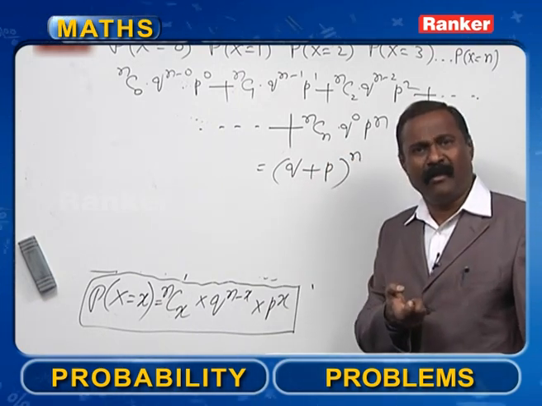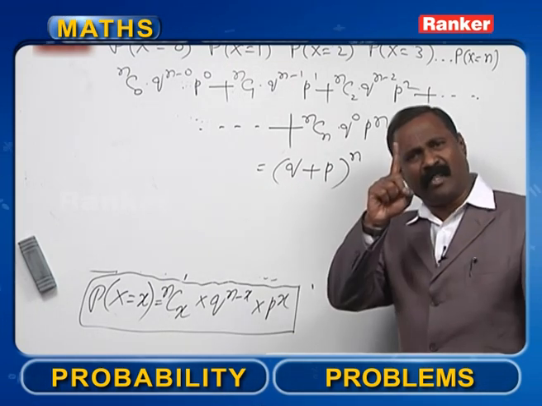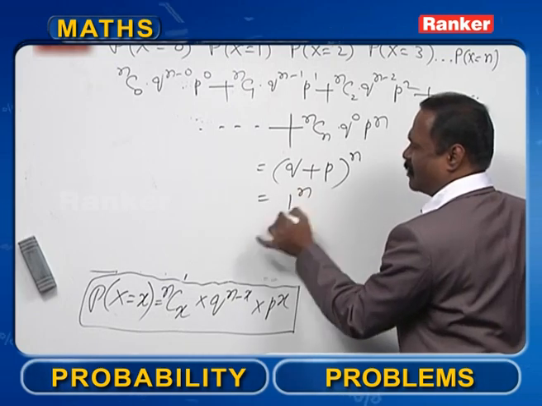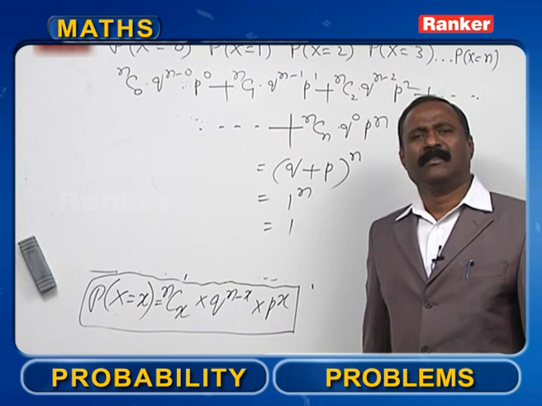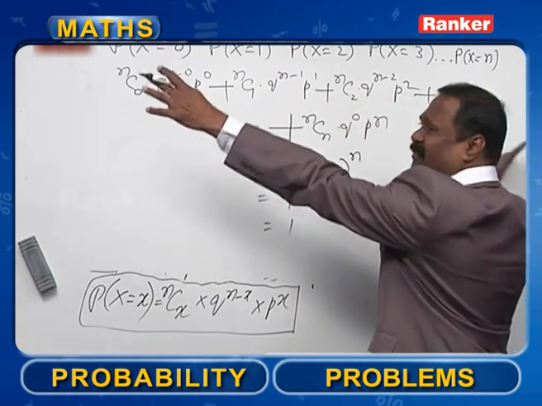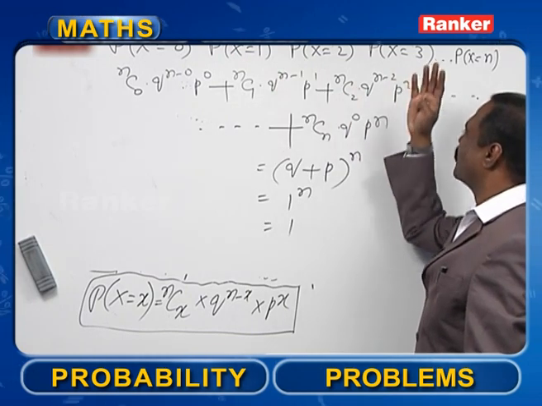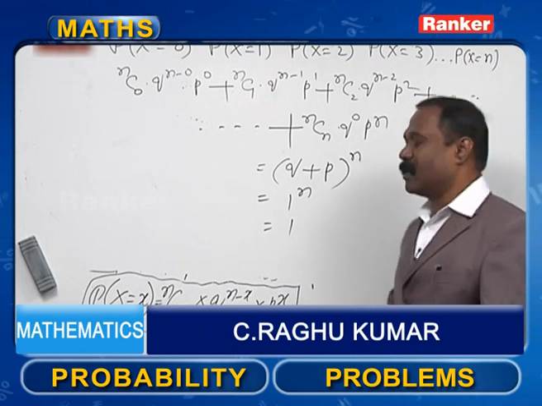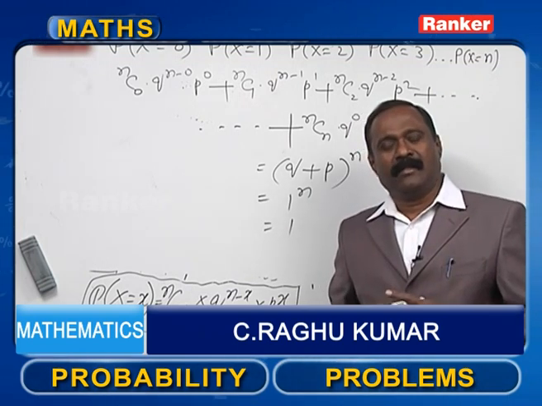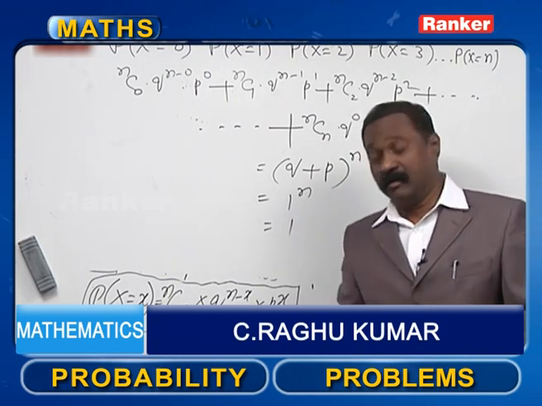You know, the sum of the probabilities of occurrence and non-occurrence is always equal to 1. So it is 1 power n, which is nothing but 1. Whatever you do, the probability 1 is distributed like this. How is it distributed? Into 0 successes, 1 success, 2 successes, 3 successes, all successes, whatever we do. So if the number of trials is large, then we make use